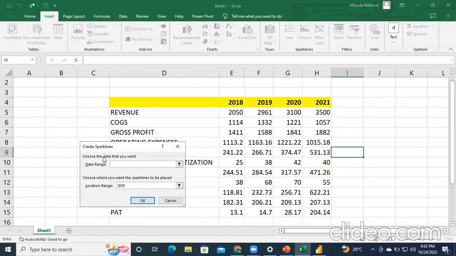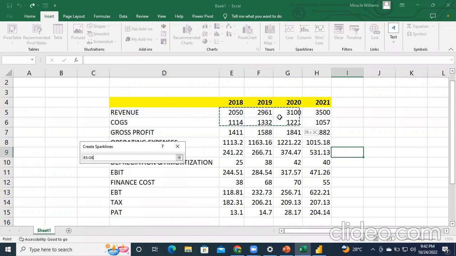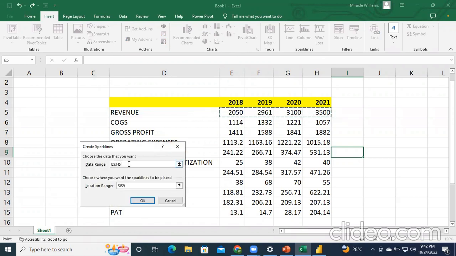When I click on it, it's going to ask me the data range. What is data range? Now we have what we call range here in Excel. It is actually what is being targeted. So the data range is what? We are starting from revenue. So I'm going to highlight from the first year 2018 to 2021. So that becomes my data range. Then location range. Where do I want to put my